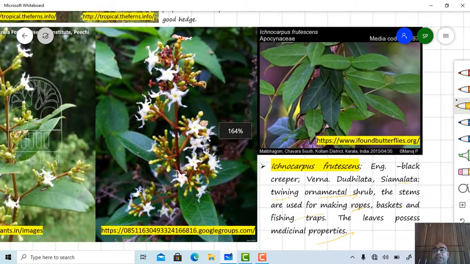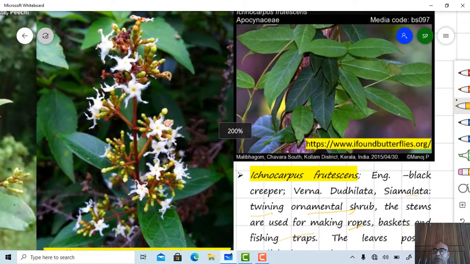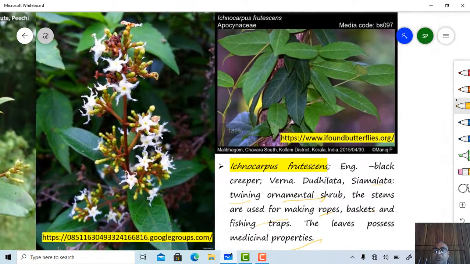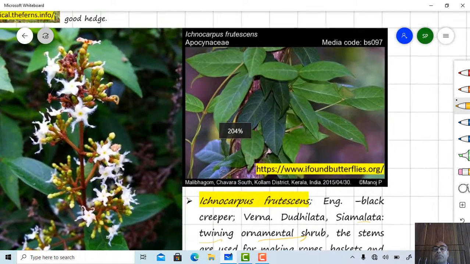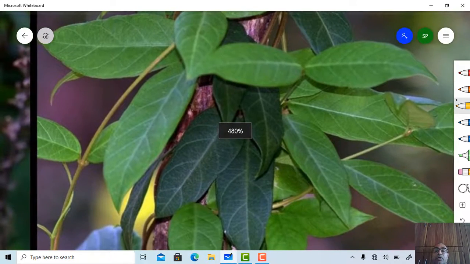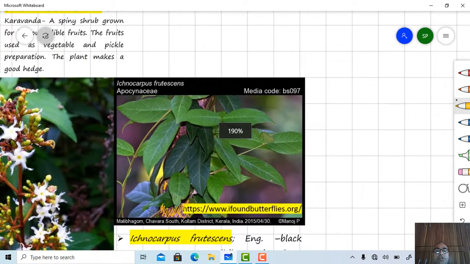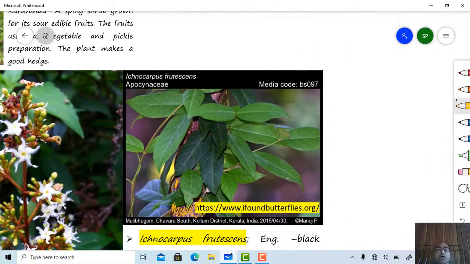So this one is black creeper. Okay, twining nature of the plant. You may observe here the twining nature of the plant. This is an object, and the stem twines around the object. So this one is Echinocarpus